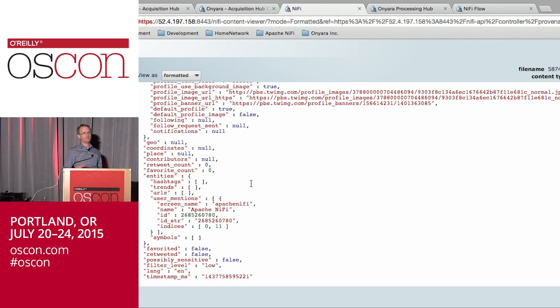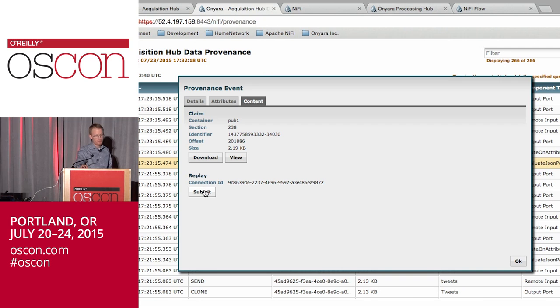Imagine if you're doing a transformation step and you didn't get it right. Let's say I had the wrong JSON path, right? What I can do now is go back into the flow and fix it. I can change the configuration so that it pulls some other value out. And I can click replay, because I have the content and context at that point in time. And I can say, fix a configuration, now replay that object. Now I get a new provenance trail for that object, and I can just sit there and keep iterating until